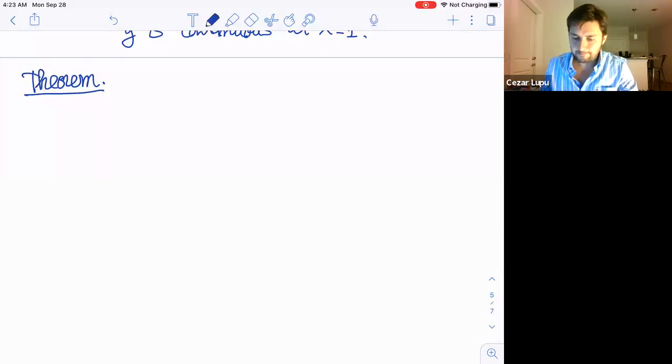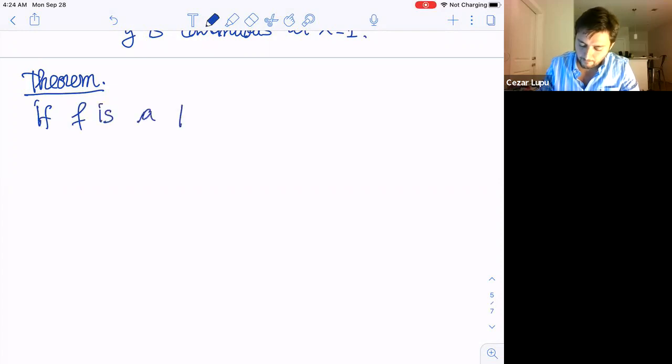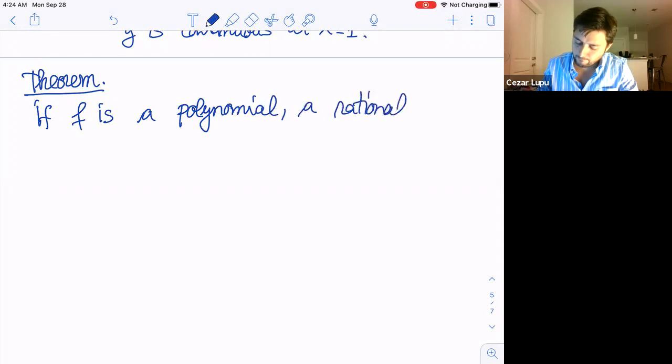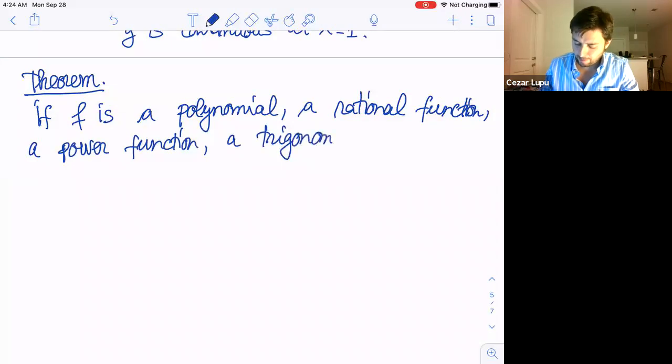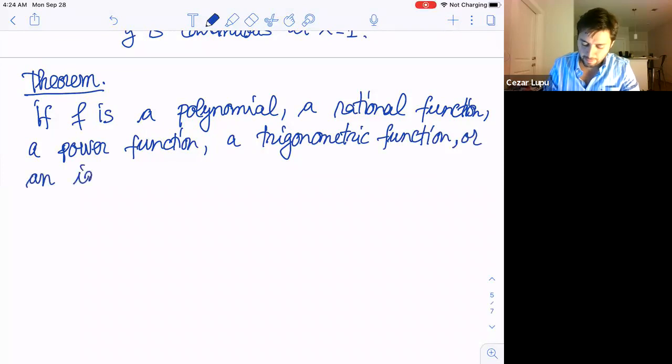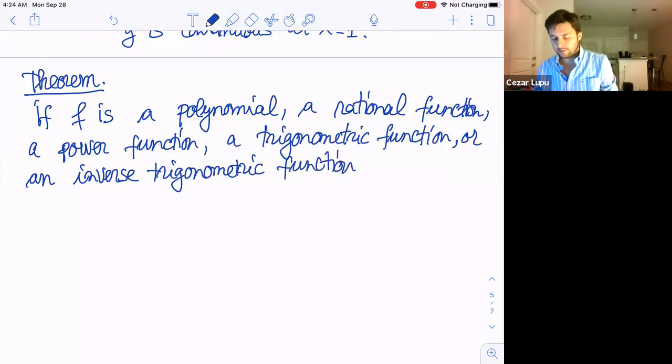So theorem, if f, speaking earlier of polynomials, and if f is a polynomial, a rational function, let's say a power function, a trigonometric function, or an inverse trigonometric function,